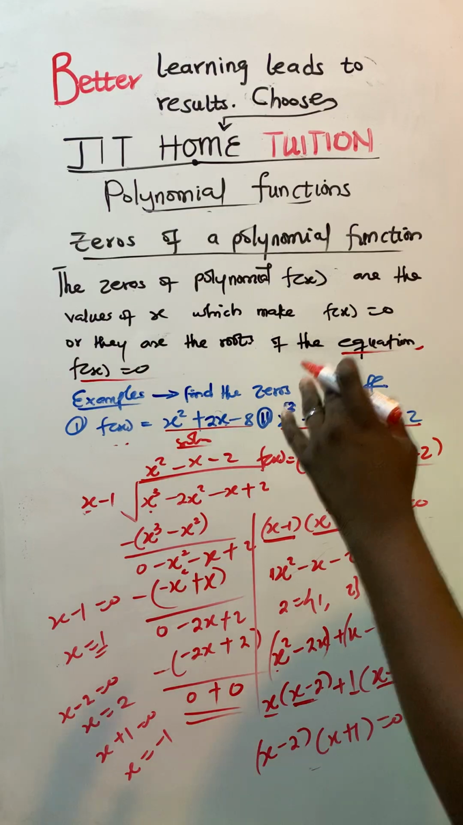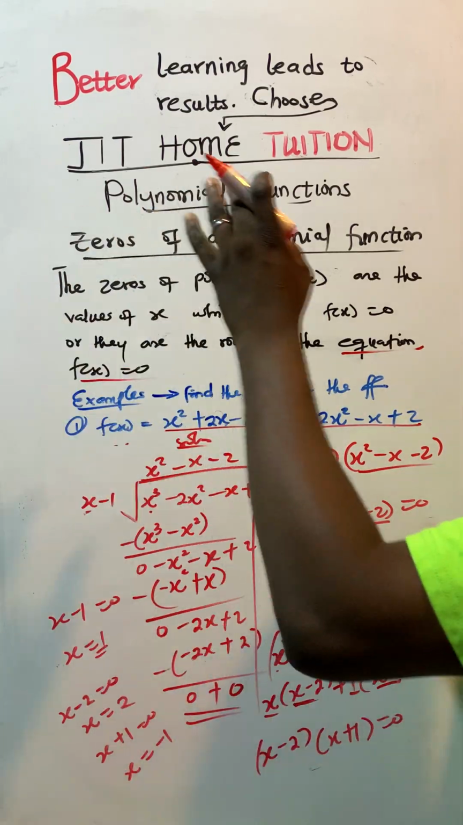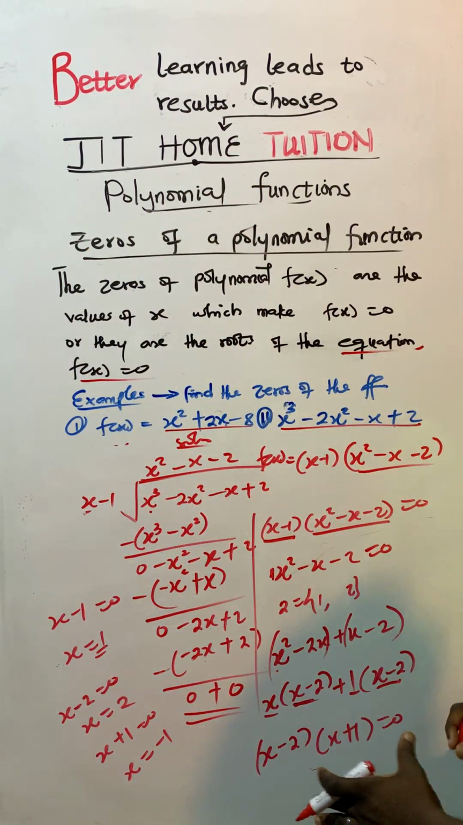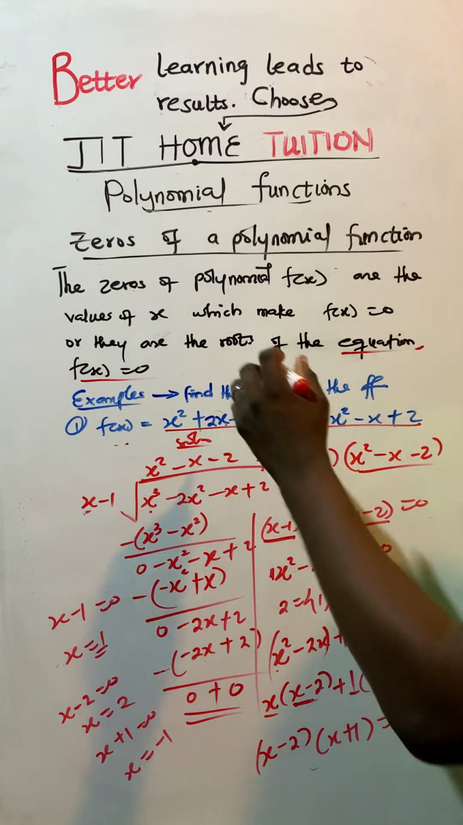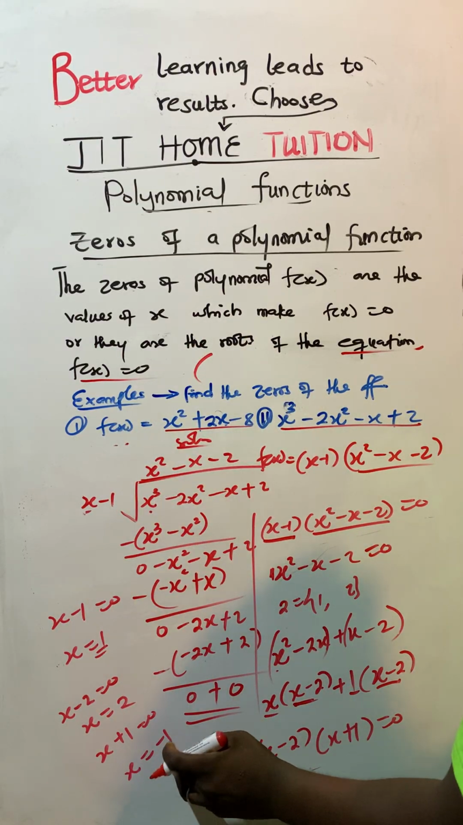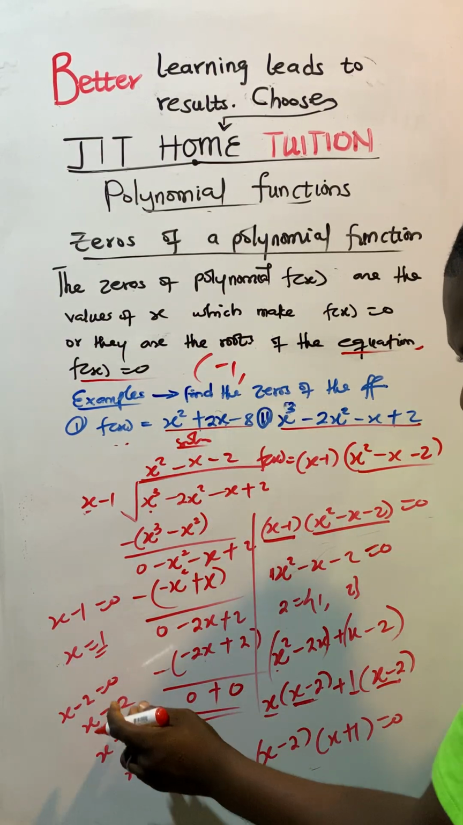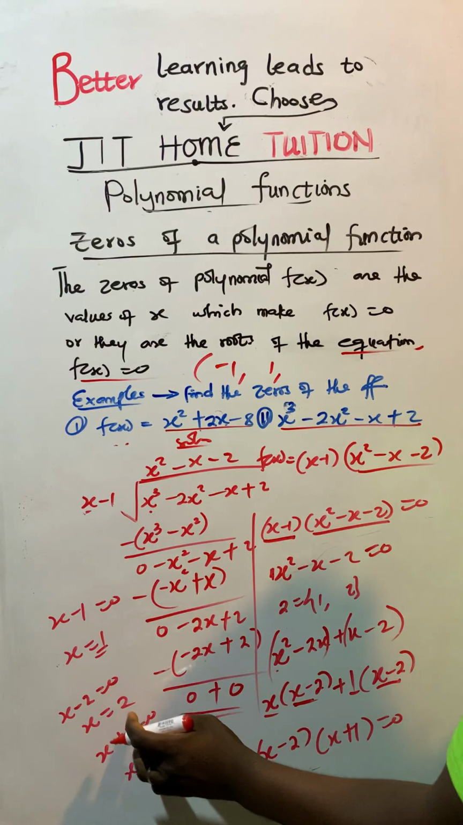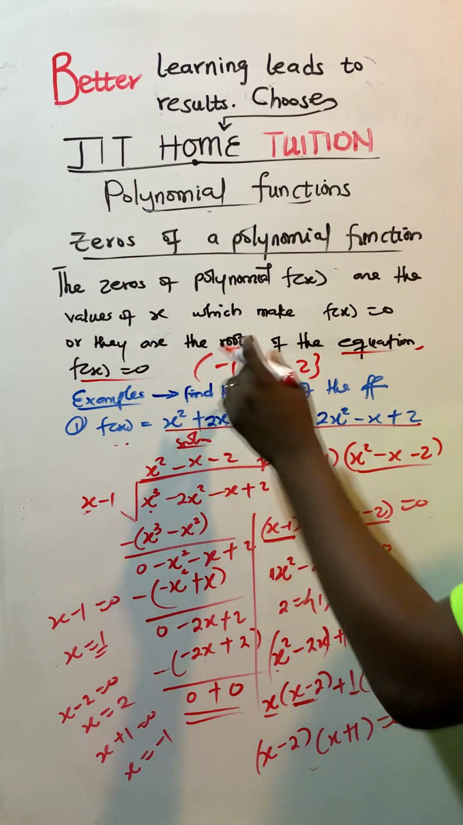Neg 1. Meaning that the zeros of the function, because of space, I won't be able to clean it. The zeros of the function are going to be this neg 1, then you have 1, then you have these 2, and these are the zeros of the